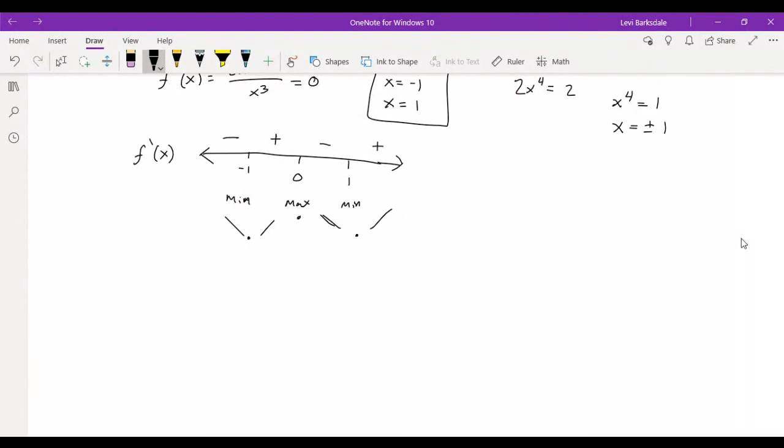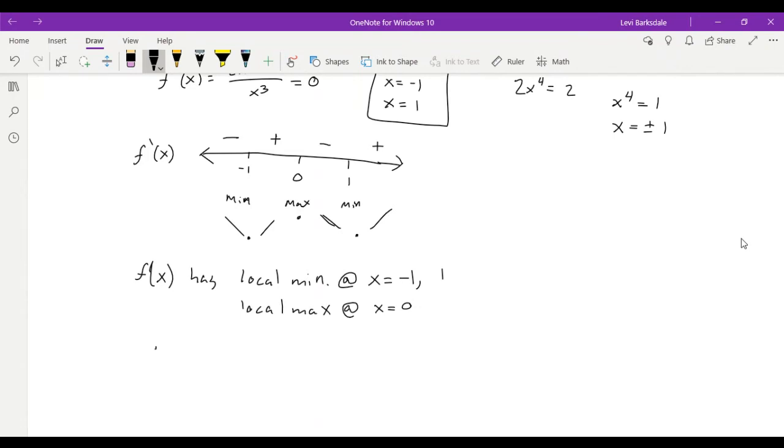So we could write f of x has local minimums at x is equal to -1 and 1, a local max at x is equal to 0,